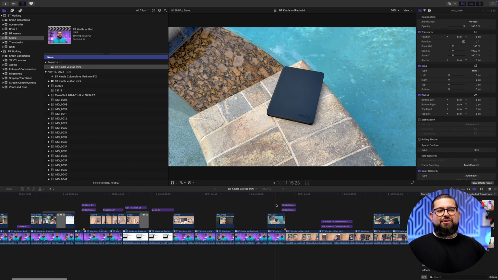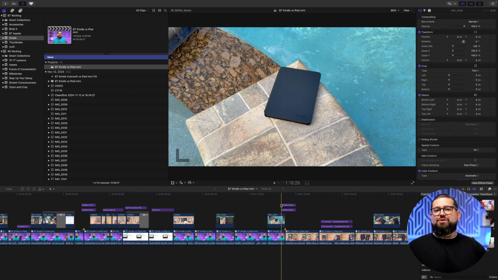And doing little curious things like this slow-mo shot of a Kindle almost falling in the pool actually helps engagement. People will comment and say, "Why did you do that?" Or, "It looks like that Kindle's about to fall in." Any kind of engagement or comments is good. That's going to drive further engagement and hopefully elicit comments from other people too.